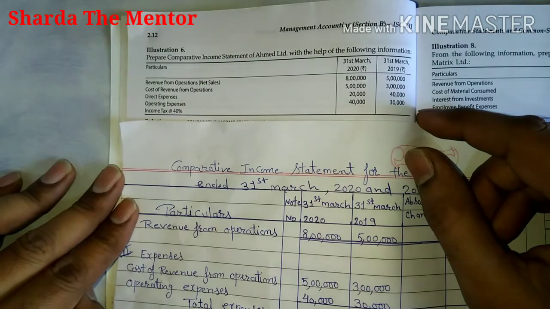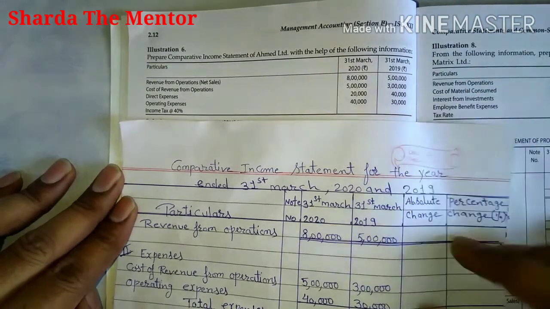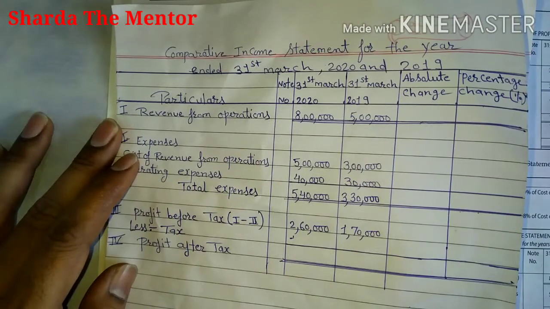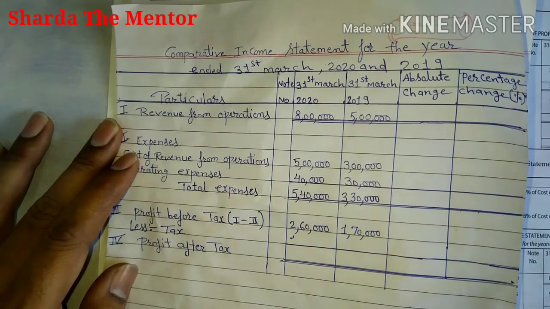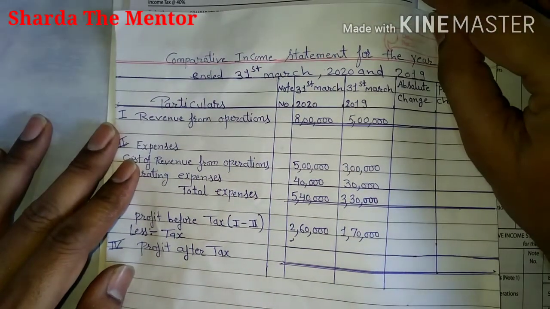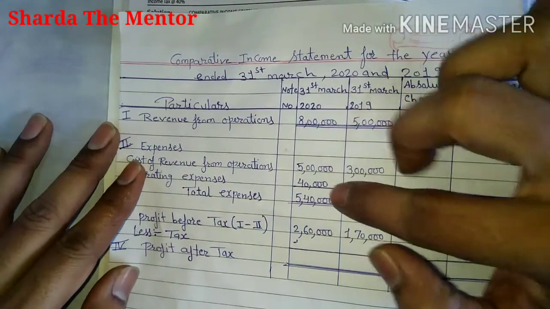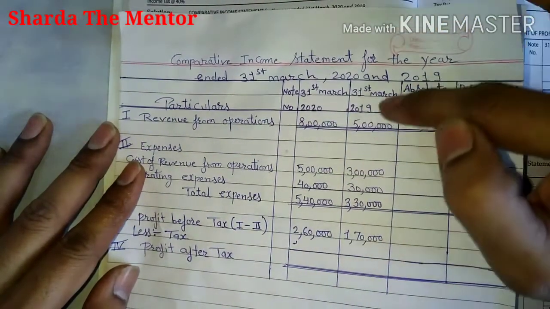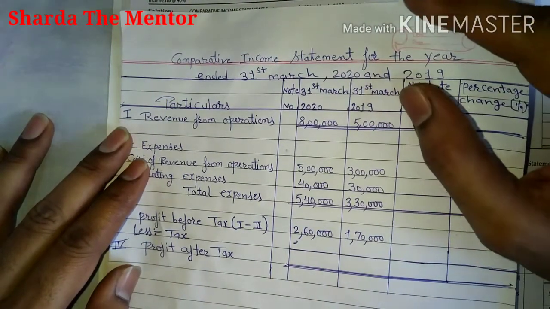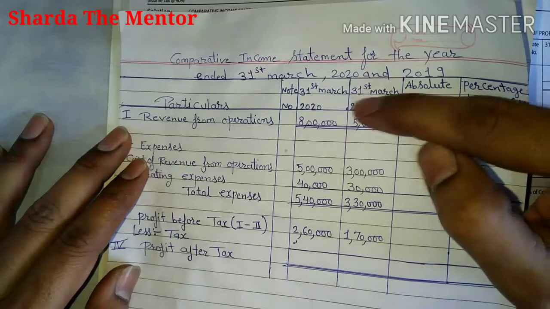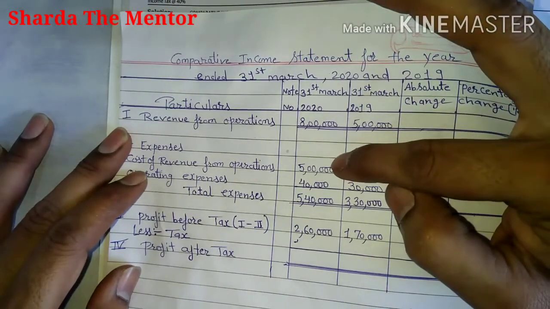Now if you want to solve that question, already we have learned about the format. According to the format we will solve that question, and in that format, that is the vertical form that I already told you. So in that, first you have to copy whatever income is given, or whatever expenses are given, that you just need to copy. Like you can see here that whatever the 2020 value is, you just copy 8 lakh, 5 lakh, 40,000, and all these things you will copy. So first revenue from operation, that you will mention here, and after that for both the years, and after that cost of revenue from operation.